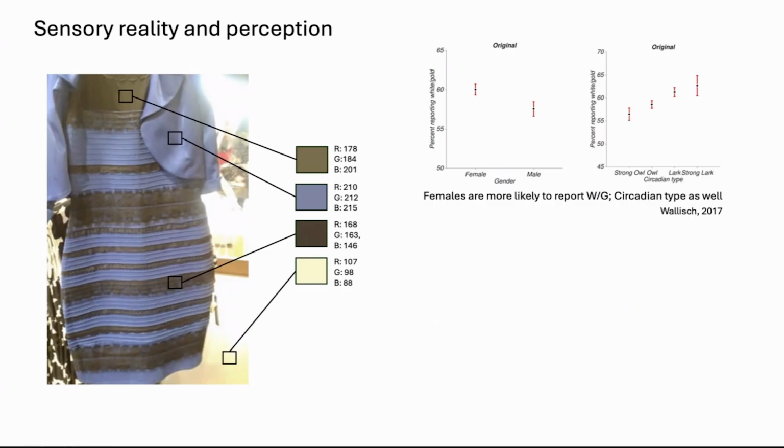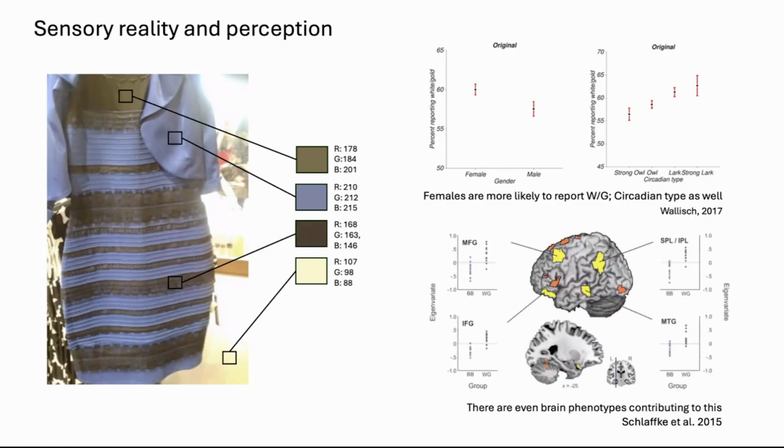And this in turn creates what we call the Bayesian prior, which means that your brain, given its experiences and memories, will interpret the same objective sensory stimuli in a very unique way that depends on your experiences and your memories. There have even been studies looking at this phenomenon of the dress, looking at how different brain regions might explain differences between individuals in how they perceive the color of the dress.